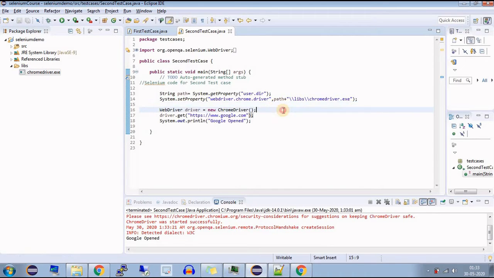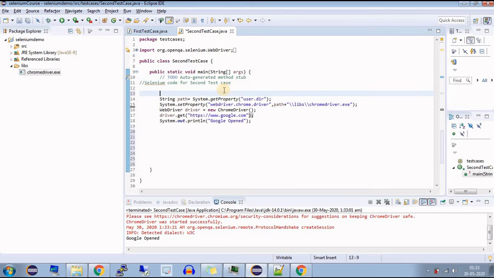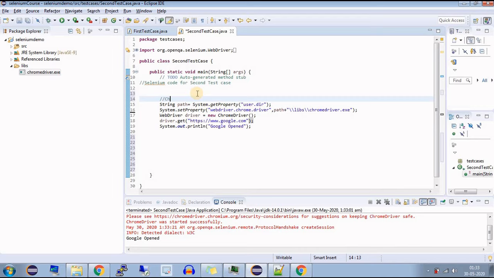Okay, so now again we'll focus on our IE browser. So this was the code for your Chrome launch or the Chrome browser. Now with the same structure, we can modify the code in a few of the elements and then we can create our code for IE browser. So let's name it as Chrome launch. And now we'll create the second code, that is IE launch. So let's copy the System.setProperty line. No need to copy the path string, just copy the setProperty line in your IE part.